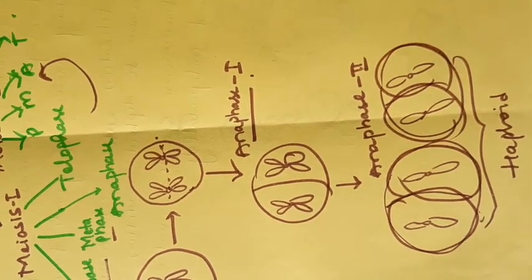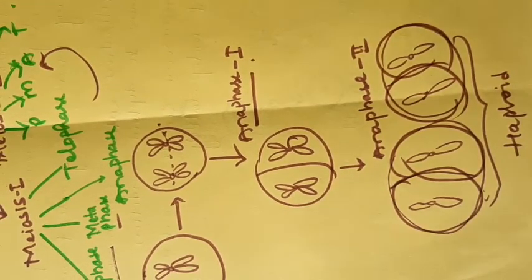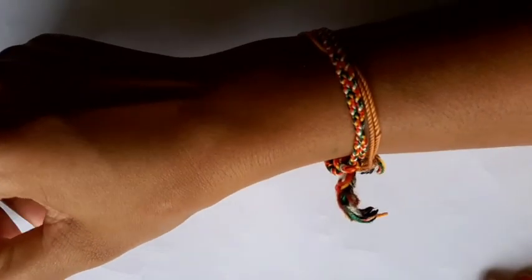Just now I took a pair of homologous chromosomes. Now I will take 2 pairs of chromosomes. I will show some possibility of segregation or independent assortment. It depends on the arrangement of chromosomes. Now again I am taking 2 cells for comparison, which is given in your NCERT book. I will show that one only, then it will be clear for you guys.